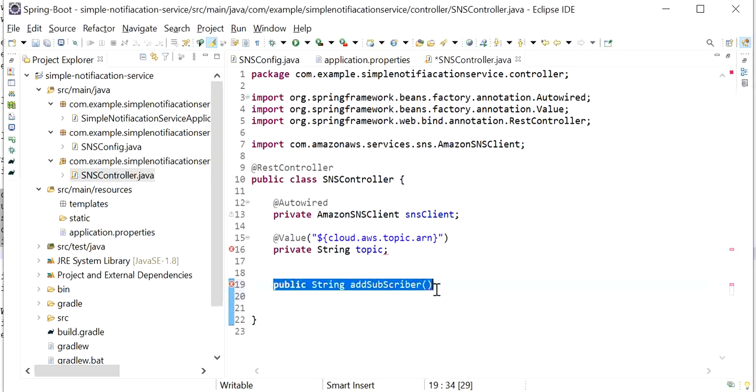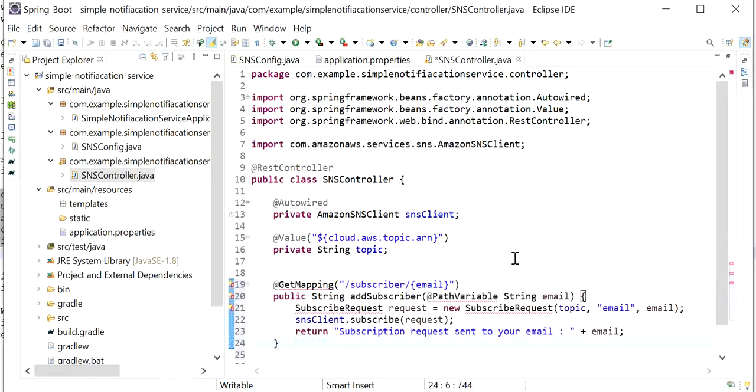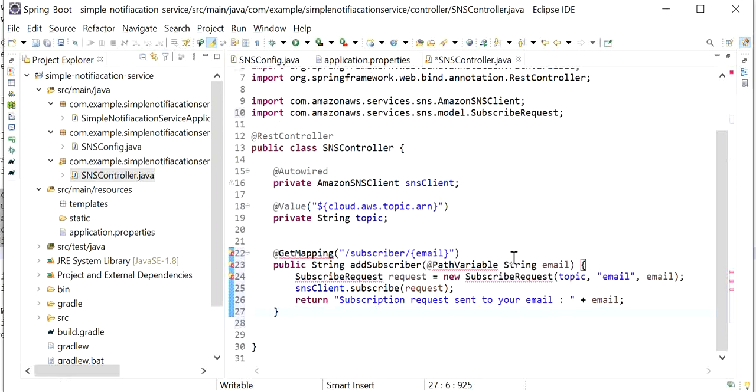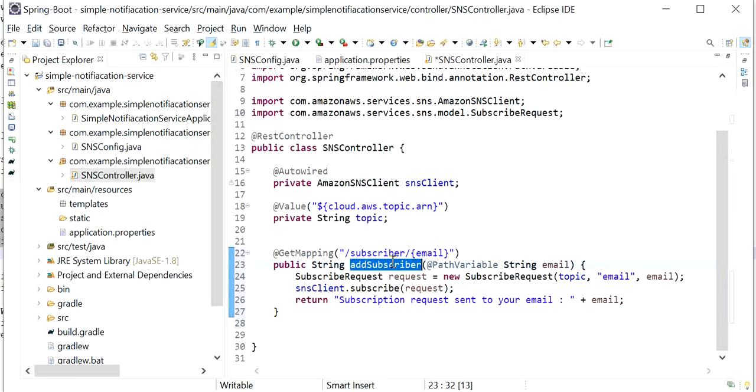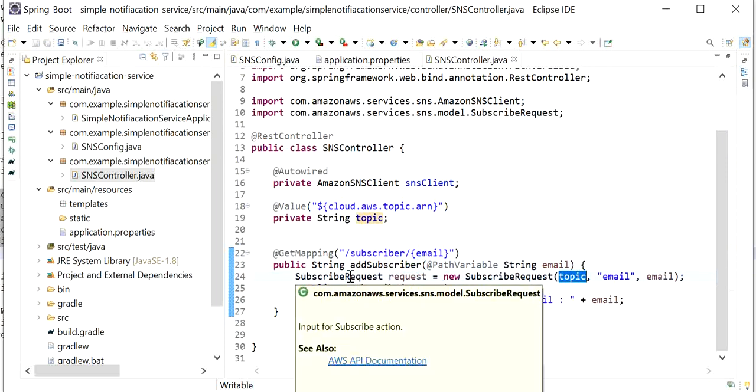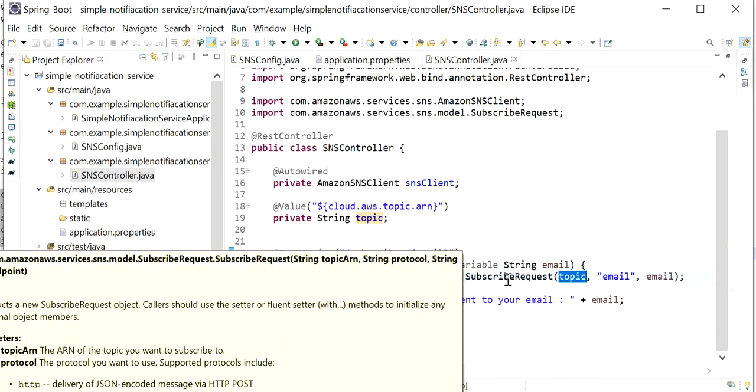So here I will just paste this REST endpoint, and this REST endpoint is used to add the subscriber for the topic that we have defined here. Here we have created the subscriber request. In the subscriber request we have passed three parameters: the topic name, the protocol, and the endpoint.